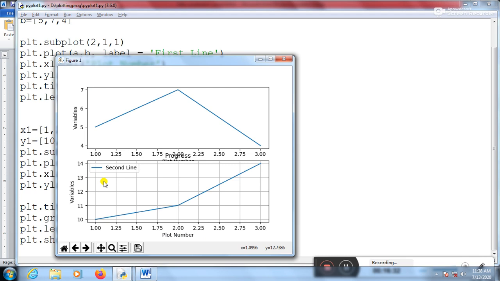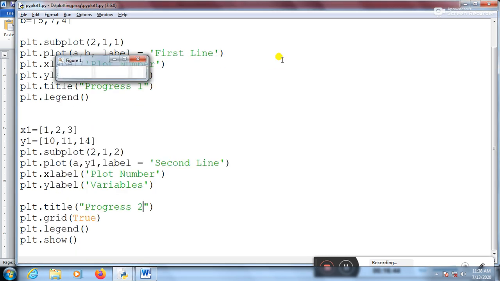Now suppose I change it to require data in 1 row and 2 columns, then what will happen? Let's see. I'm changing just this, 1 row and 2 columns. Now again I'm running it. This time I'm using subplot as 1 row and 2 columns.